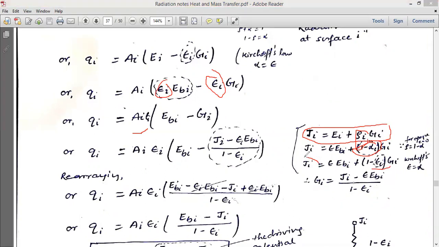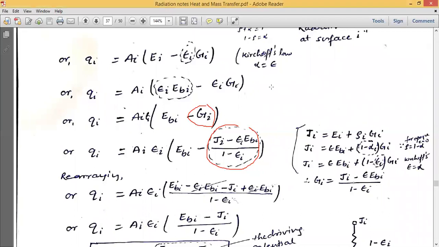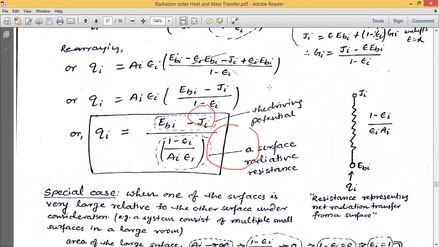Therefore, this Ji becomes a function of epsilon, EBI and GI. Now, GI can be taken out to one side, and the other terms we can place on the other side. So instead of GI, that is replaced by a combination of terms, which is a function of GI, epsilon I and EBI. Now by rearrangement and simplification, we can get an expression like Qi is equal to